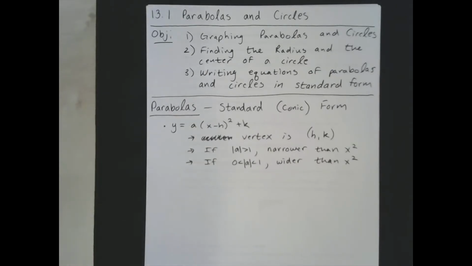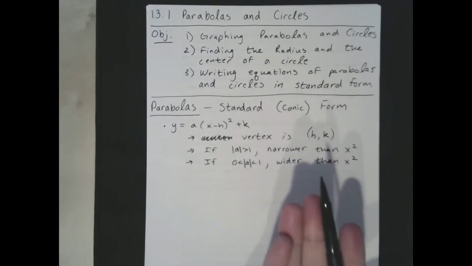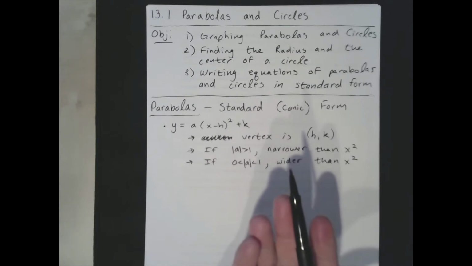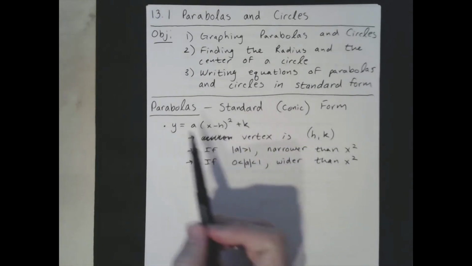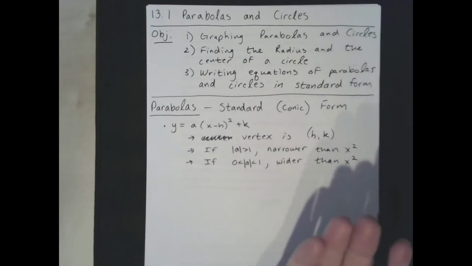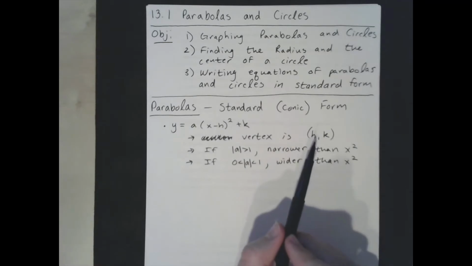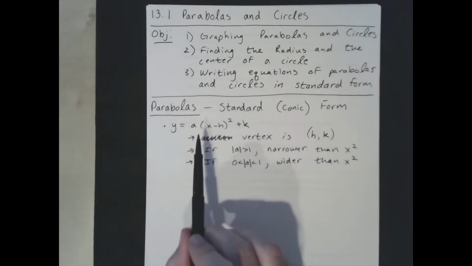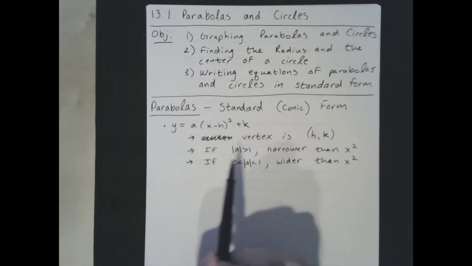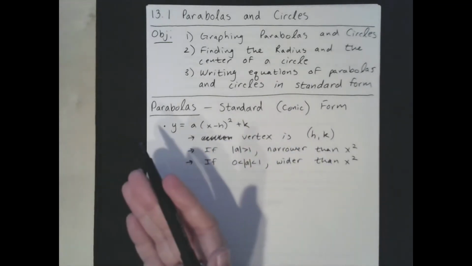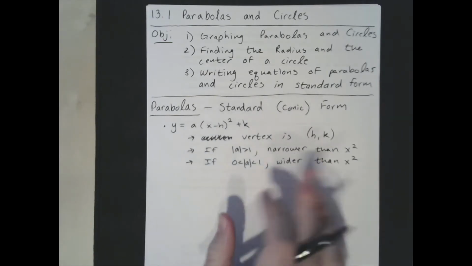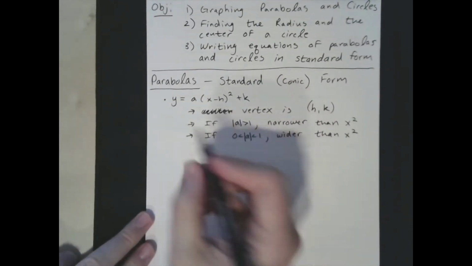So we're not going to spend any time graphing these. We spent a whole chapter, like I said, studying parabolas, looking at equations, graphing them a couple different ways. This is using transformations. The conics use transformations. So in this chapter, when it's referring to parabolas, it's going to be referring to this form of the parabola. And again, as we talked about in our quadratics chapter, it just makes it easy. You know right what the vertex is. You know right how big your vertical stretch or shrink is based on a. You know what direction it opens. If a is negative, then it opens down. If a is positive, it opens up. The parabola that we're going to be focusing on the most